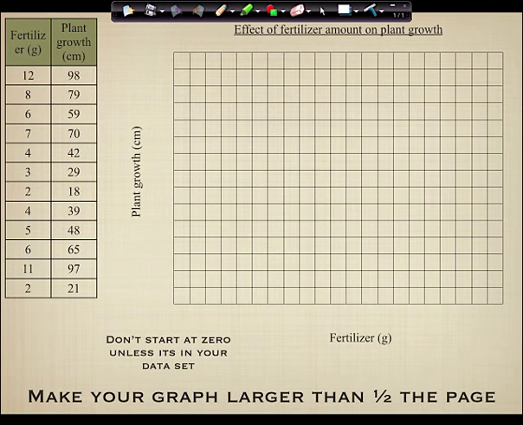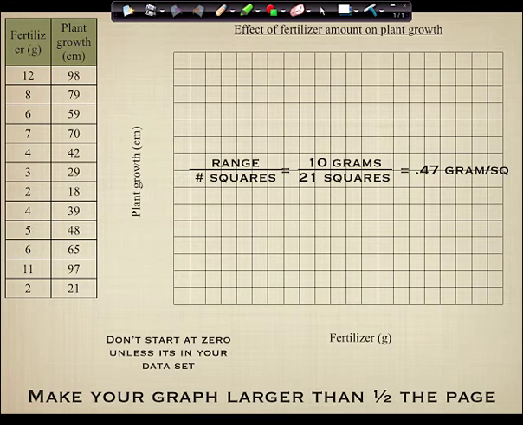Now here's what you're going to do. This equation, just write this part of it down: range divided by number of squares. That gives you your scale. So guys, all that you've written down is this: range divided by number of squares. You don't need to write down this specific example. And then guys, next to it, write this down: always round up. Always round up.